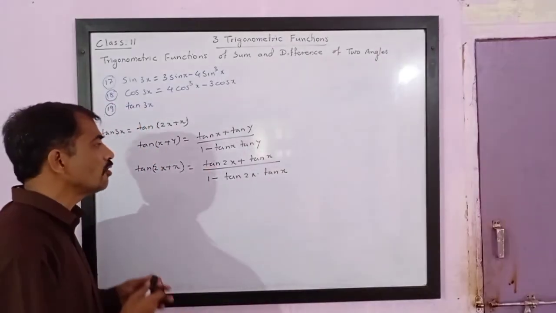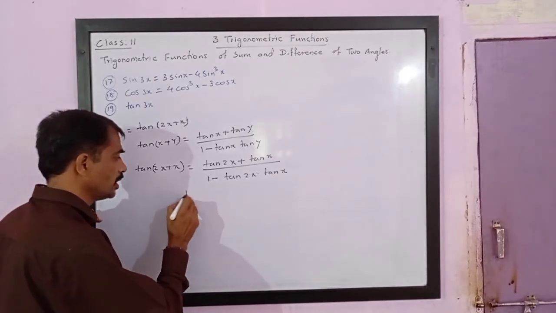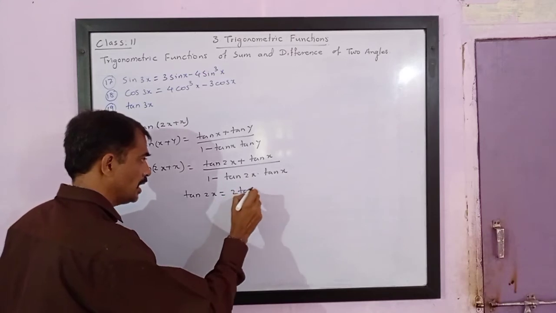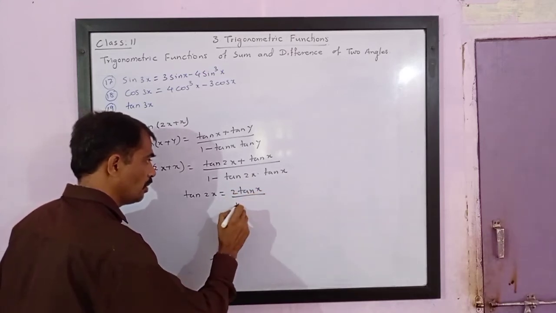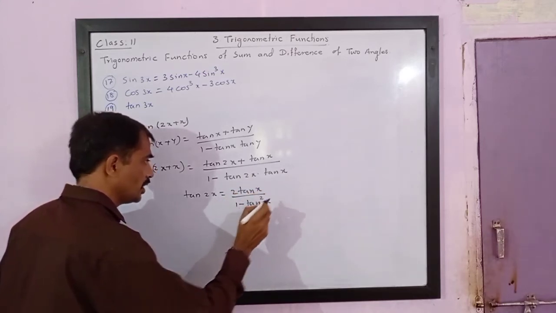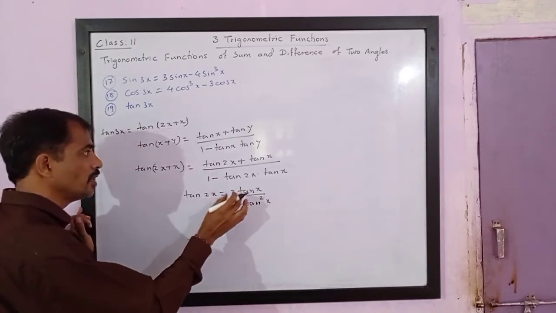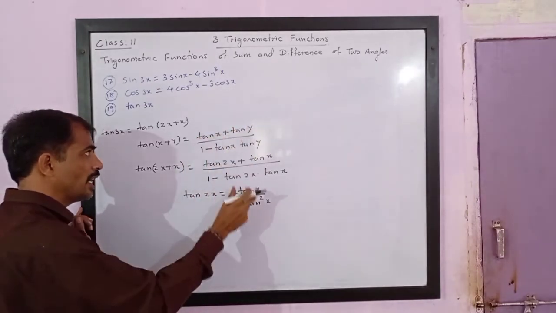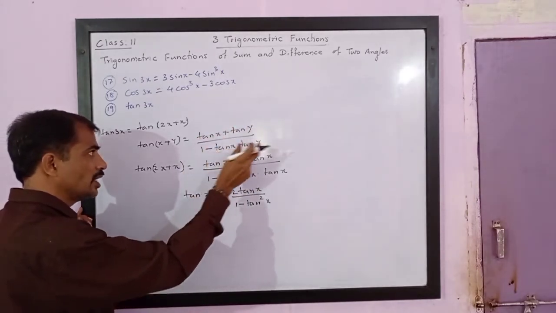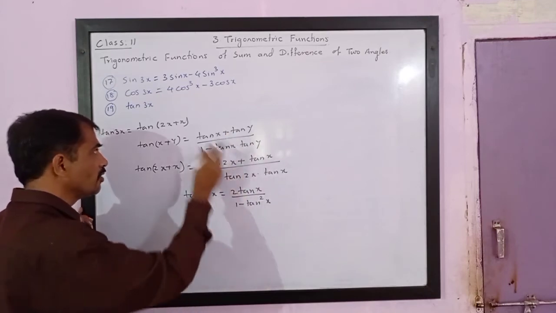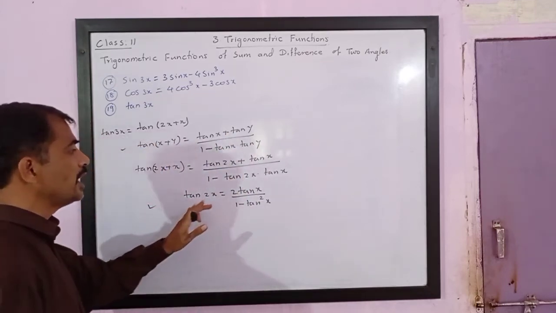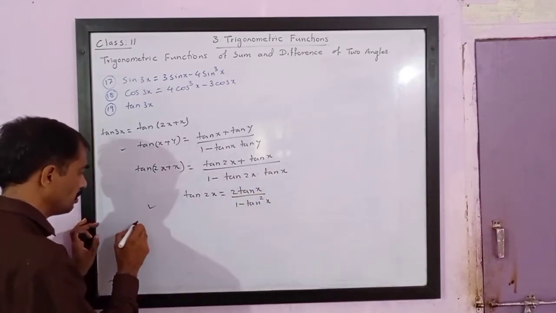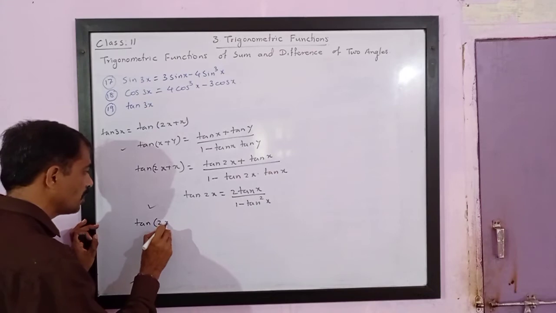Now for tan 2x we have the identity: tan 2x is equal to 2 tan x upon 1 minus tan square x. We have just derived it. This also can be derived by putting x is equal to y is equal to x. You will get tan x plus tan x, that is 2 tan x, and 1 minus tan x into tan x is tan square x. So you can get the identity from the same identity. So this becomes tan(2x + x) is equal to